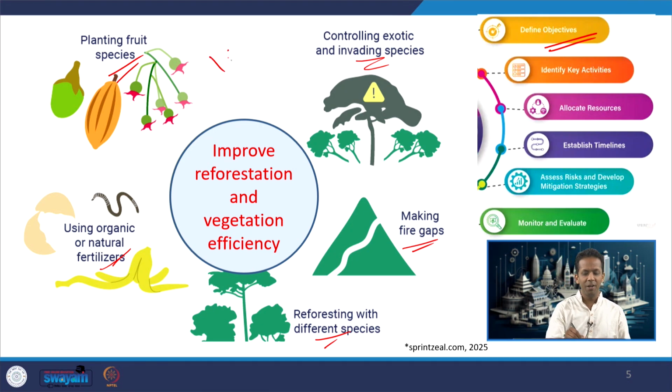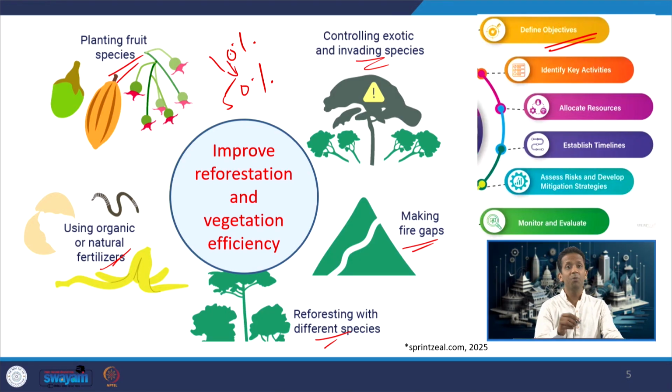Suppose at present it is 10%, our target, let us set it to 50%. So, we want to increase efficiency of vegetation from 10% to 50%. So, that is our objective. Once we define the objective, now we can identify the key activities, and all these 5 points which